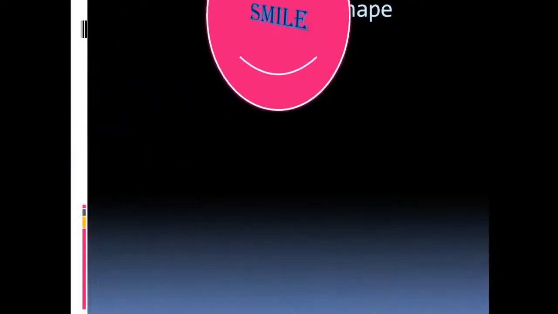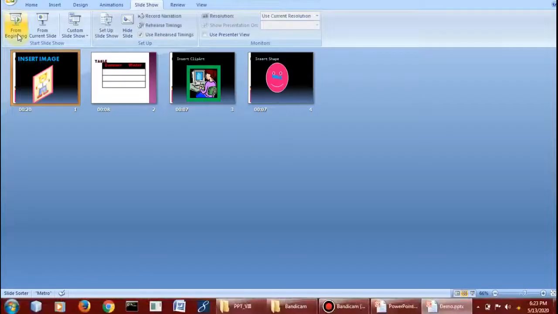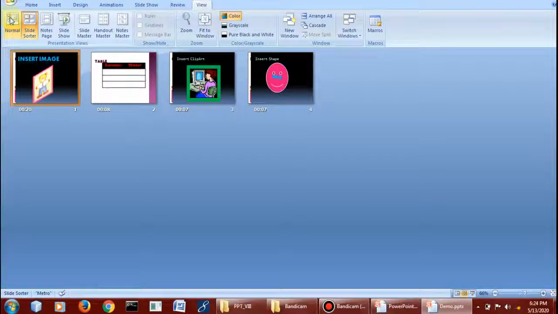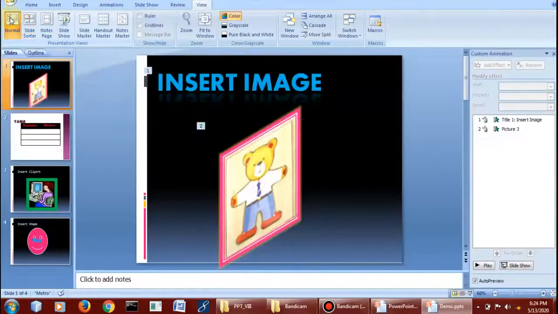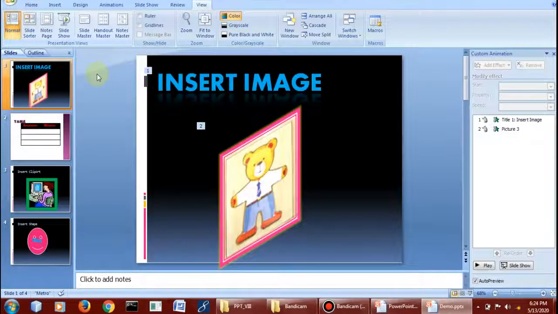Fine, students. I hope this topic is clear to all. So now next, let's move on the next topic. I am going to tell you how to give sounds to the particular image. First I want to change the view to the normal view, because some student will find difficulty how we will come back to the normal view. For that you have to click on the view and click here normal view. Fine. So the view on which we were, that was slide sorter view, but I want to come again on the normal view, so I have clicked on the normal view.